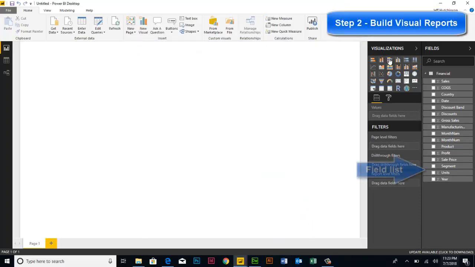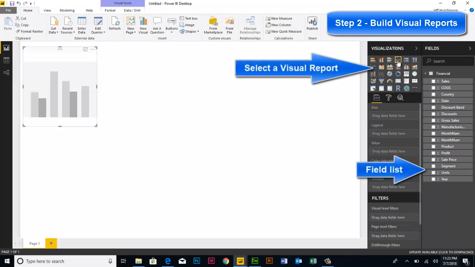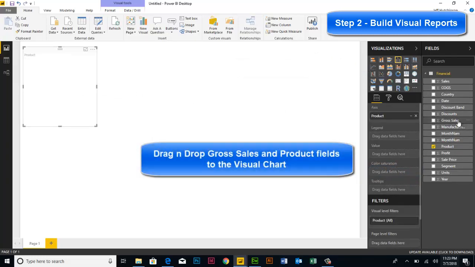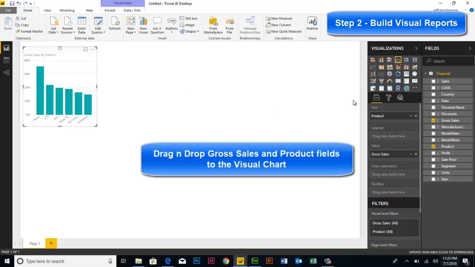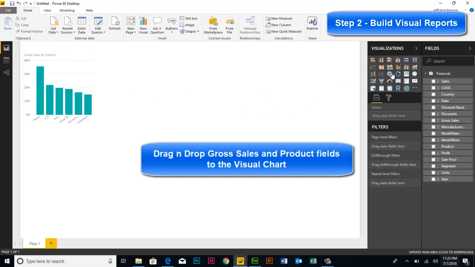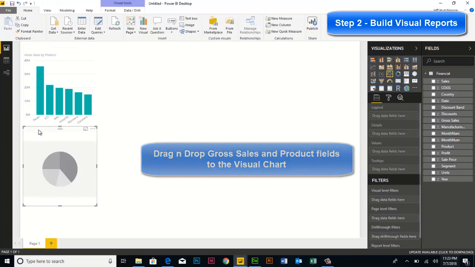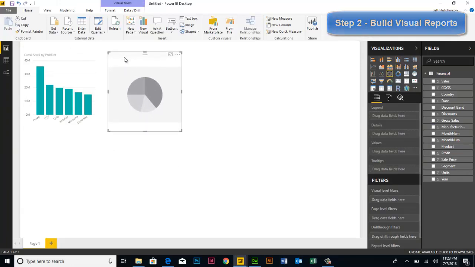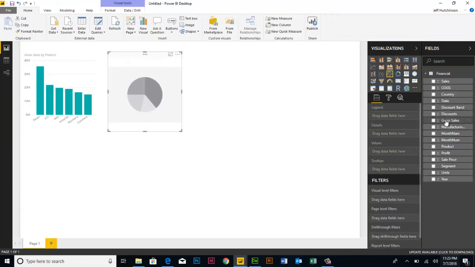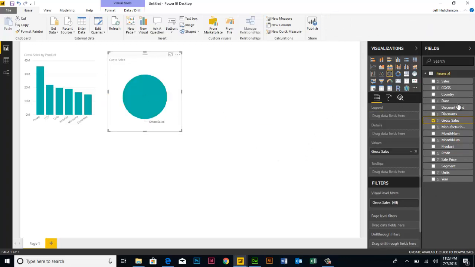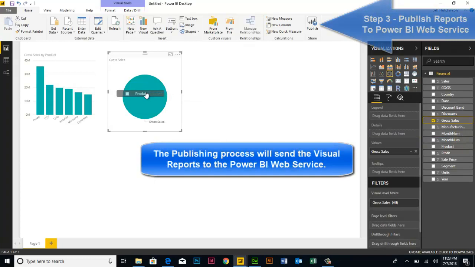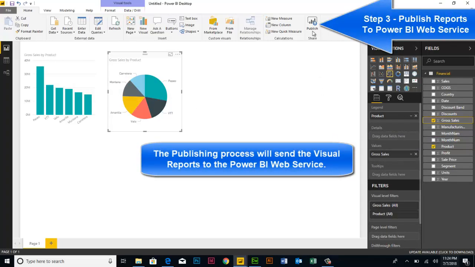The Visual Report Editor is the most important part of Power BI. You can easily create tables and charts from key performance indicators to understand your data. Simply drag and drop your fields to create visual reports. Power BI supports many different visuals and will allow you to easily create new ones. Once published,